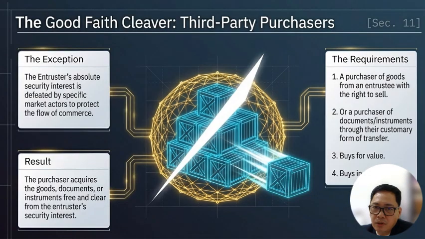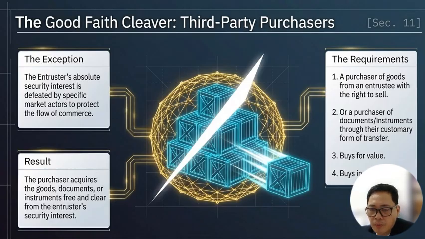So, Section 11 of PD 115 also addresses the rights of the purchaser for value in good faith, serving as a crucial counterbalance to the entrustor's powerful security interest. So, protections of the open market. While the law strongly protects the financier, the entrustor, against the merchant's general creditors, it must also protect the everyday